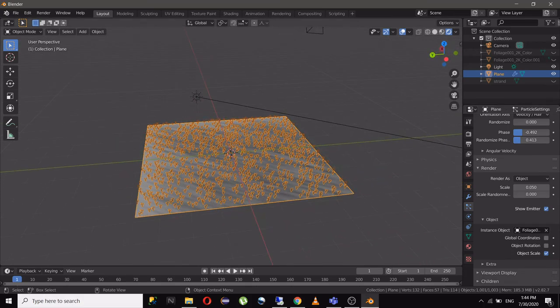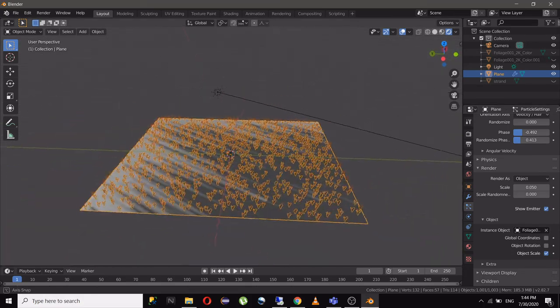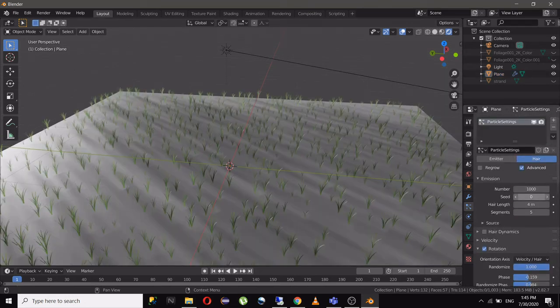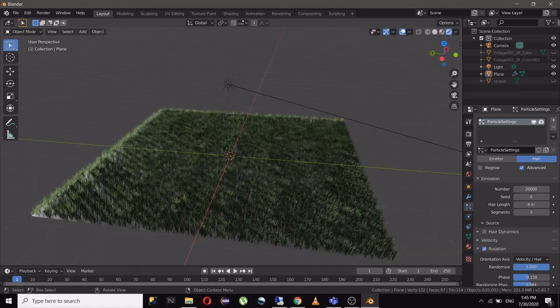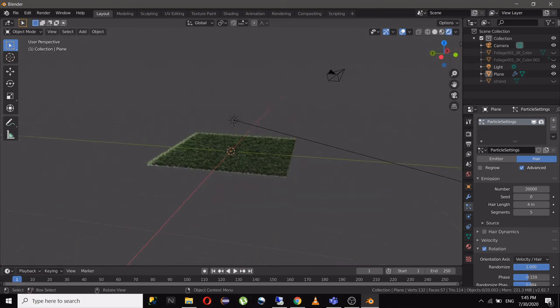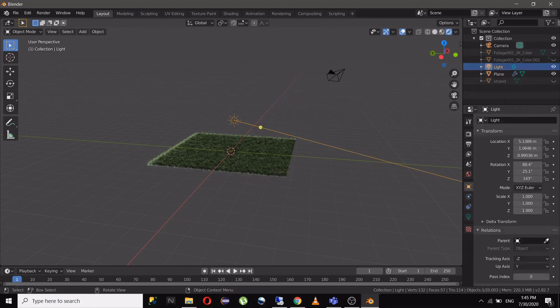So as you can see, we have a grass field kind of, and we can increase the seeds and values. I will put it to say 20,000. So as you can see, this is our grass field. We can add multiple loads of variations in it.